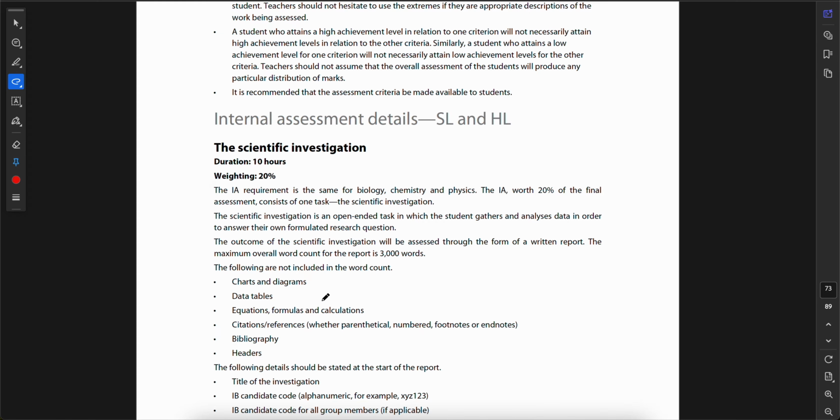Okay, 20%. Or that also could be called the scientific investigation. It's an experimental project based on your own idea and supervised by your chemistry teacher after you've done several lab experiments. The timeline for this project depends on your teacher and can happen in either the first or second year